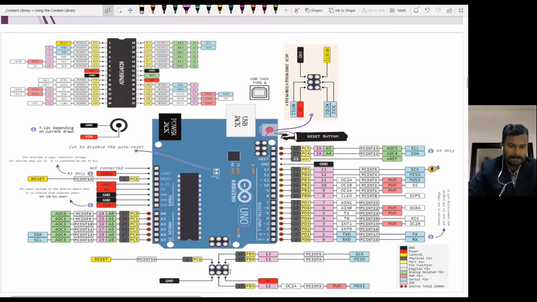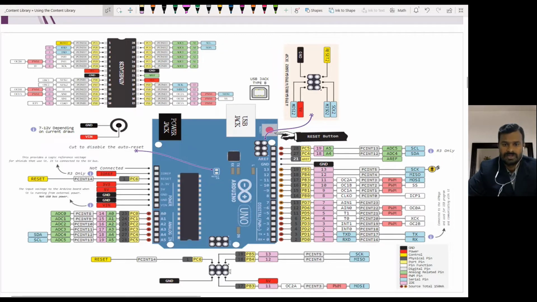Since it is readily available in board format, we are taking it in this format. If the application requires putting it on a PCB, we can buy the separate chip, design our own Arduino board, and connect whatever accessories are required to the particular pins.